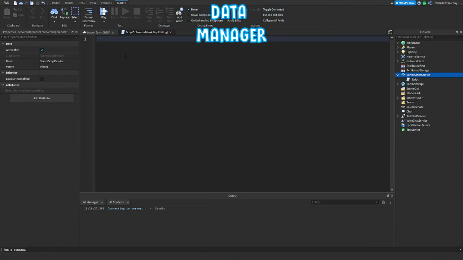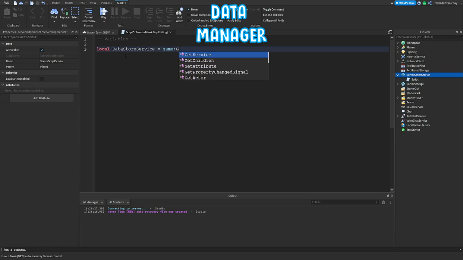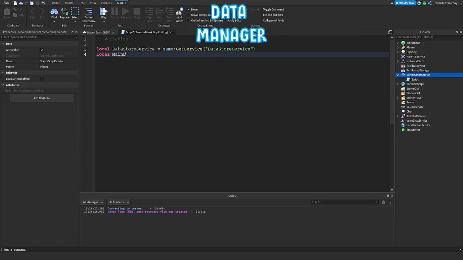And so first we're going to do the variables. First we're going to do the local DataStoreService, GetService, DataStoreService. Then this is going to be the main data, and then the local. So the main data is going to have the money pretty much, and then a bit later I might do a level system as well. Car data. And in another video we'll do the house data, but for now we'll just do